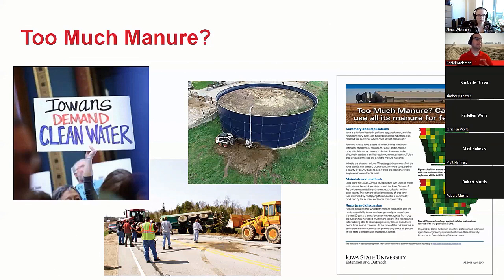Another one that really comes to my head is if we can't get manure applied in that application season that we deem appropriate, maybe that means we have too much manure for the infrastructure available. And I think you're maybe going to see me highlight throughout my talk that we certainly have enough cropland to utilize all of the manure. Roughly, if we were using manure as a resource, it should be able to cover around 1/3 of Iowa cropland in any given year. I think based on the manure management plans, the way we write them and how we actually utilize manure, we're much closer to 25% of our land receiving manure in any given year.